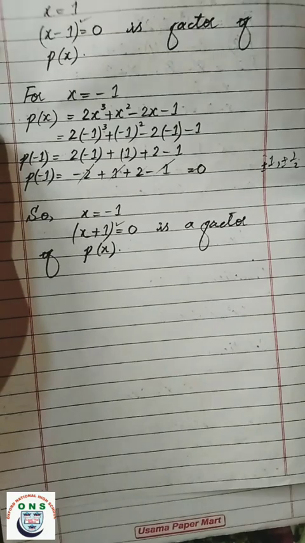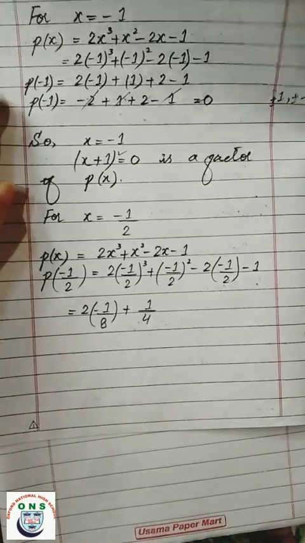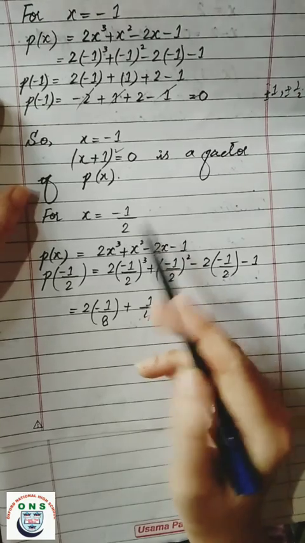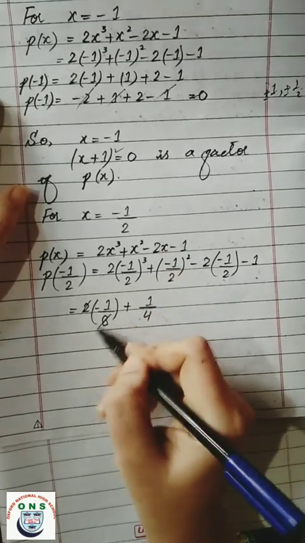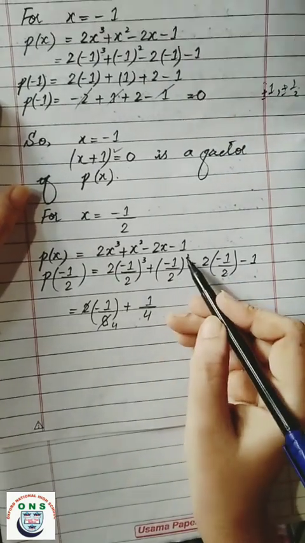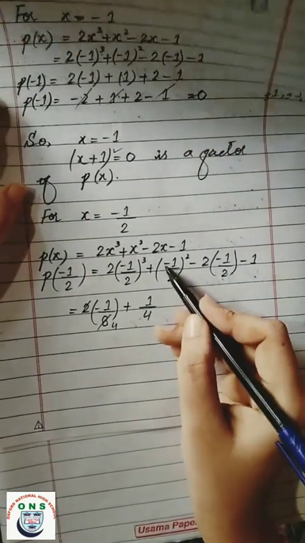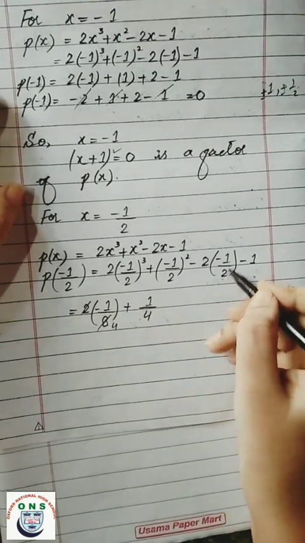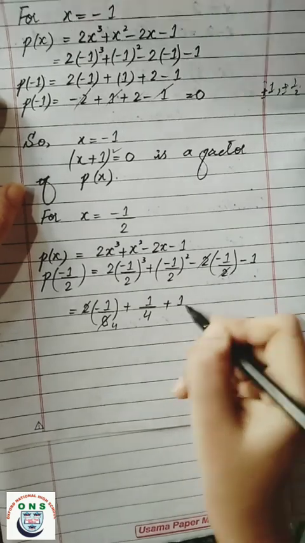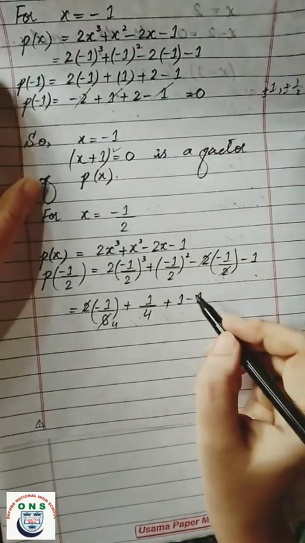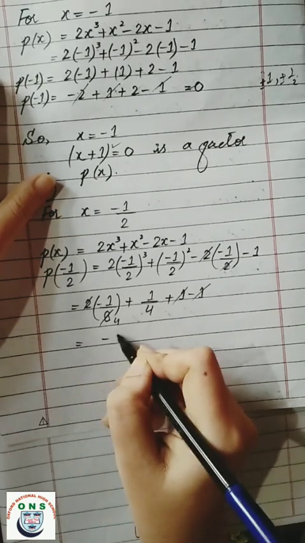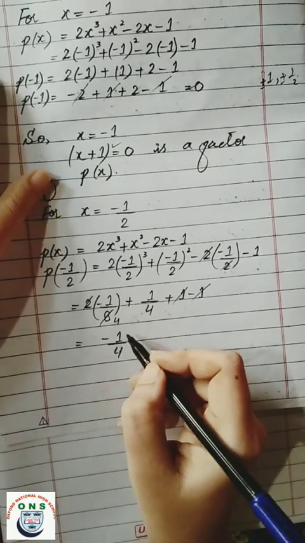So let's start. Yes students, now we have placed the value x is equal to minus 1 by 2. 1 by 2, 2 four times, and 1 by 2 whole square, that's why it will be 4, negative negative positive, 2 cancelled, minus minus it will be plus 1 and minus 1. Okay, these both are cancelled. This will be minus 1 by 4.